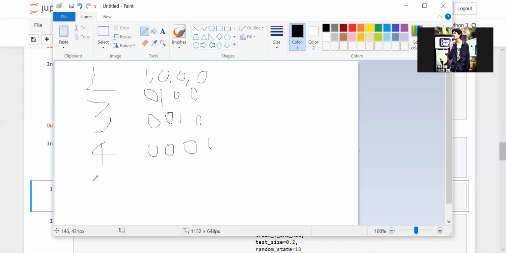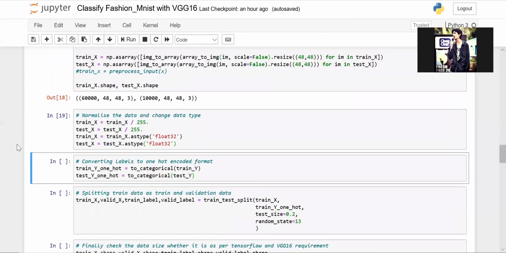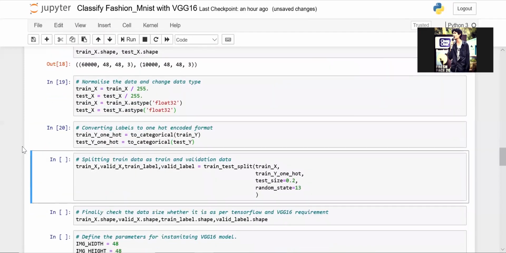So why we do this is that it will be simpler for the neural network to differentiate between different classes rather than just putting them as 1, 2, 3, 4. So this is also possible, but as a person who works in deep neural networks, it is good practice to implement one-hot encoding everywhere you go in classification problems. Okay, so you just apply one-hot encoding upon this.